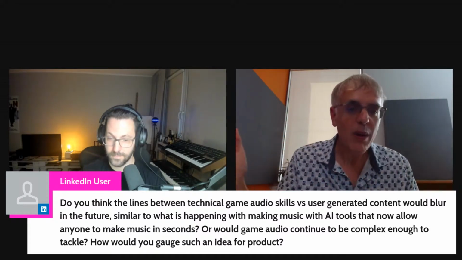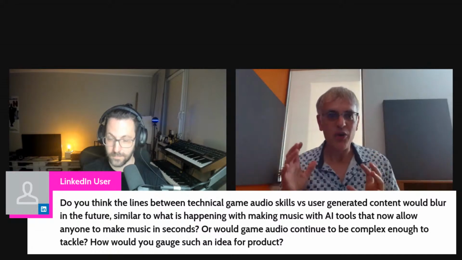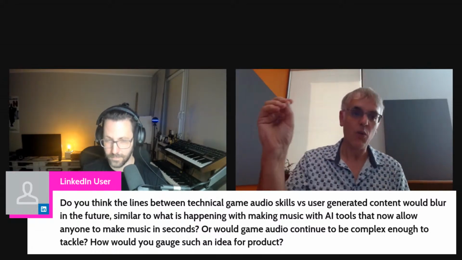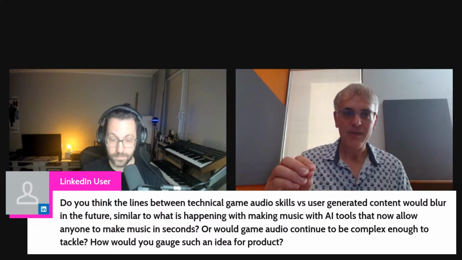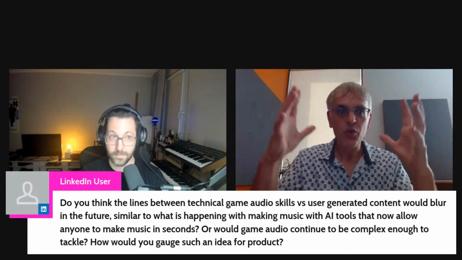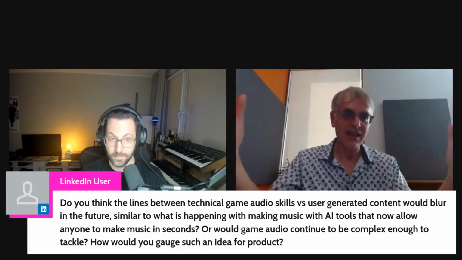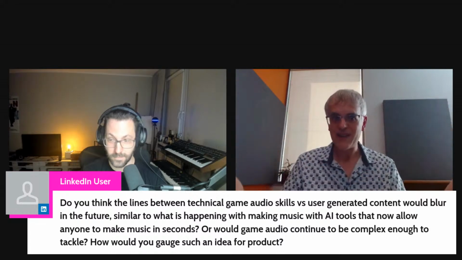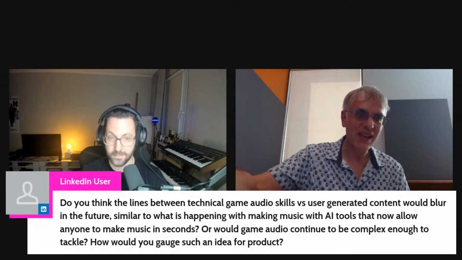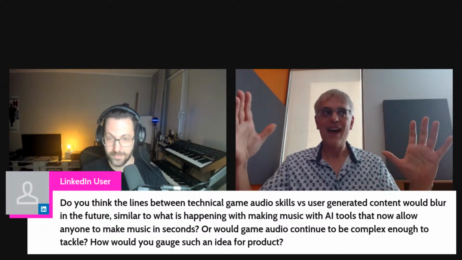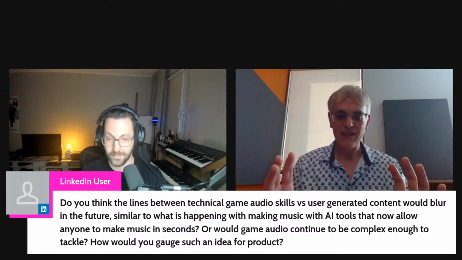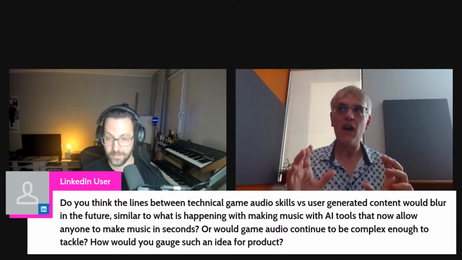For example, if it's a weapon sound, a modder just created a new weapon and you need a weapon sound that fits with that weapon. There's not one good weapon sound, right? It depends on the context. It depends on the rest of what's around it, the type of music, other sound effects, the type of dynamic mixing and all that. And now, with all these constraints, that will lead you to say,